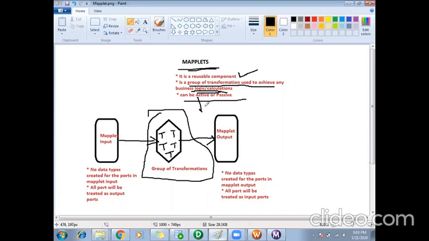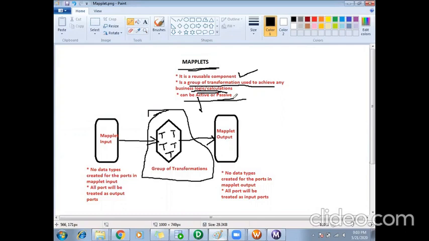Again, if all the transformations in your maplet are passive transformations, then your entire maplet will act as a passive. If all the transformations used are active, then your maplet acts as an active.